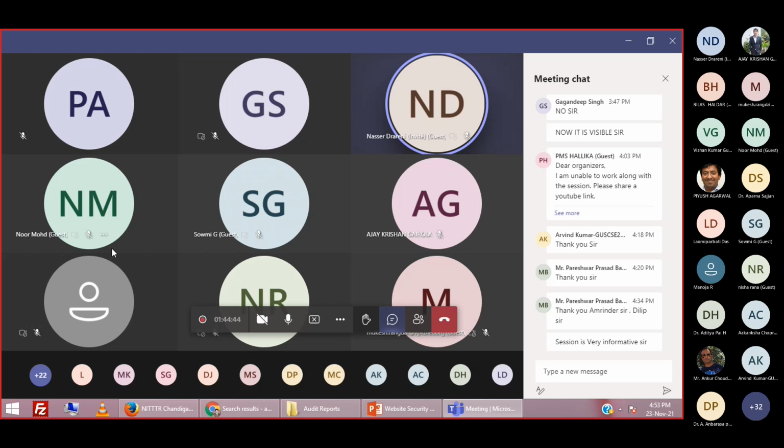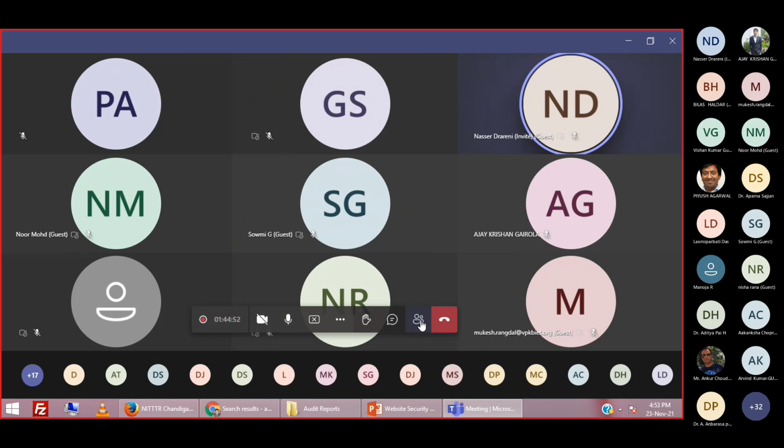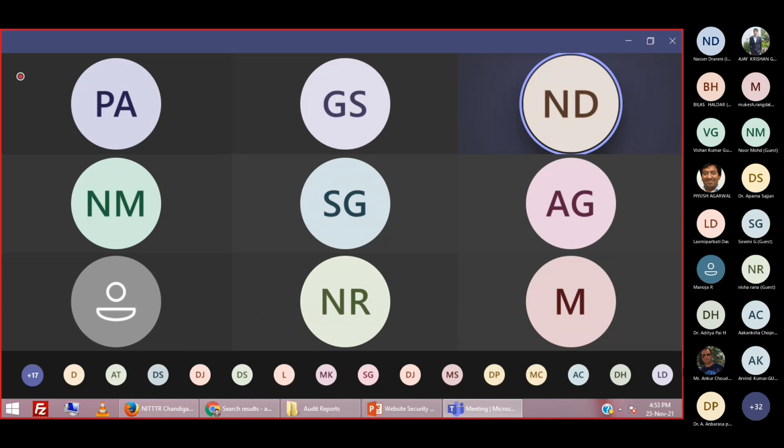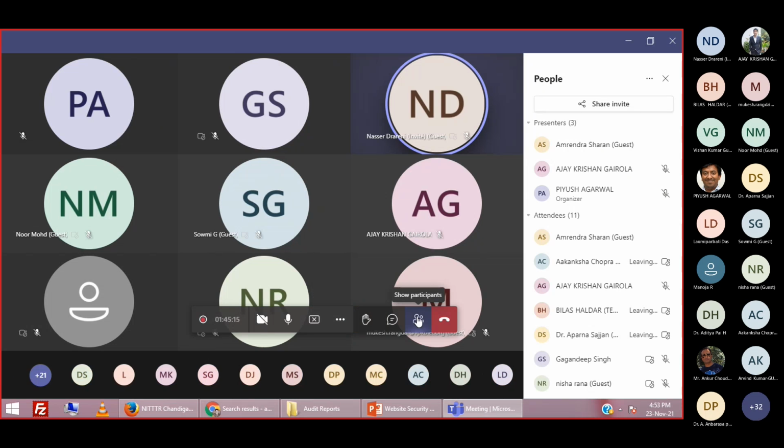The auditor will check the new additional code which you want to add, and after that they will recommend whether you should add it or not. If they are satisfied, they will give you the green signal, and only then can you add it. If you add the source code without prior permission from the auditor and your website gets hacked, in that case your security warranty seal will not work, and the auditor will not take responsibility for that, right? So this is all about the security audit. If you have any doubt, you can ask me.